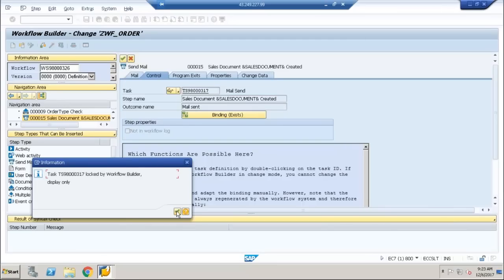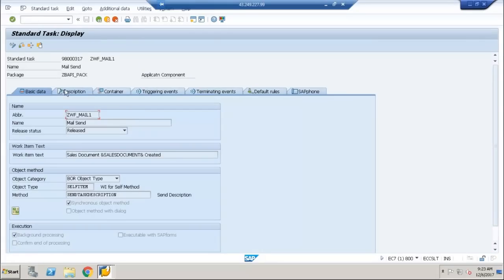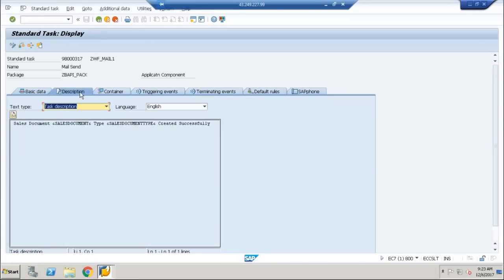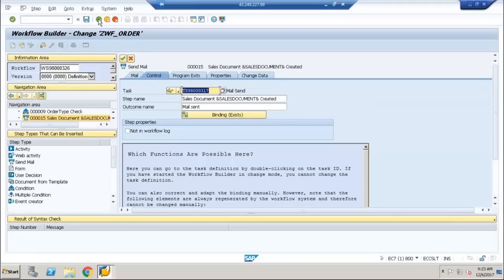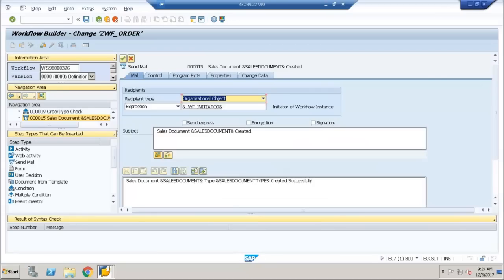Because I have not maintained it at task level, I have maintained it at workflow level. So when do we have to maintain the description at task level? If you look here, suppose I have a huge text and I want to use the same text in different places. In those scenarios we have to create a standard task and use it, because here I have maintained a